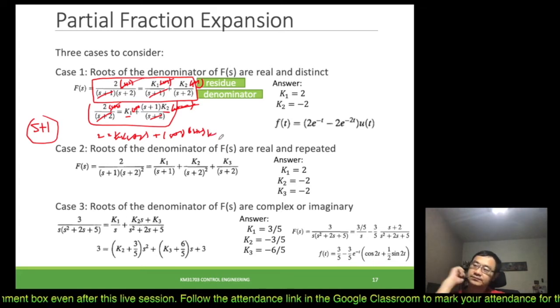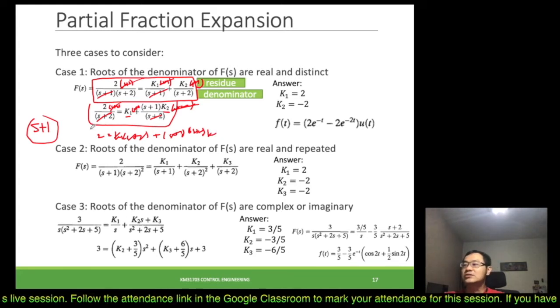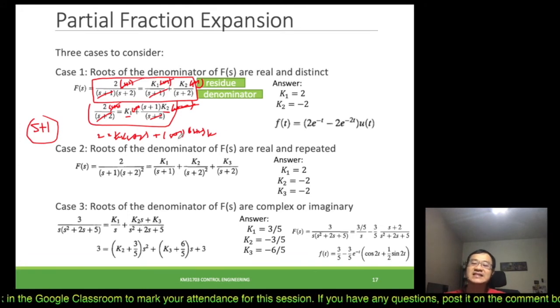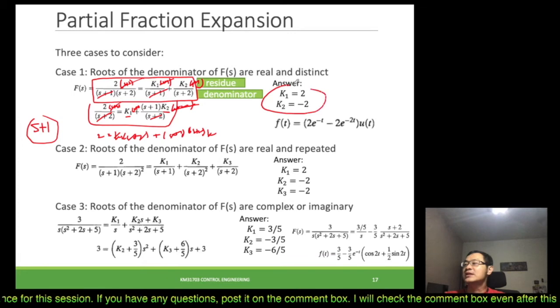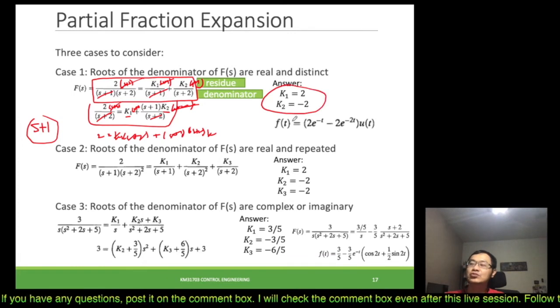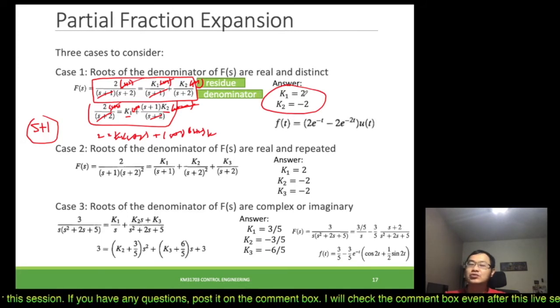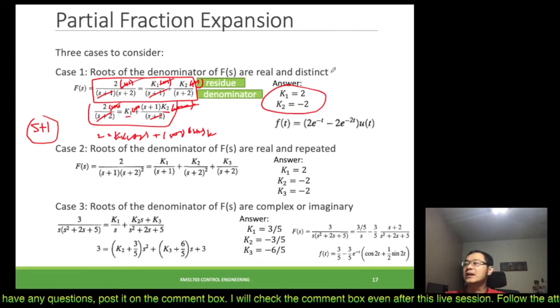Okay, so in this form, you would be able to solve it easily, and you would get k1 equals 2 and k2 equals minus 2. Once we know k1 equals 2 and k2 equals minus 2, then we would now